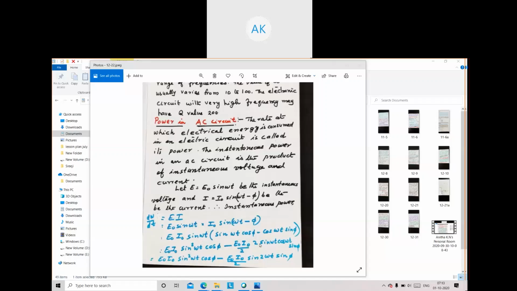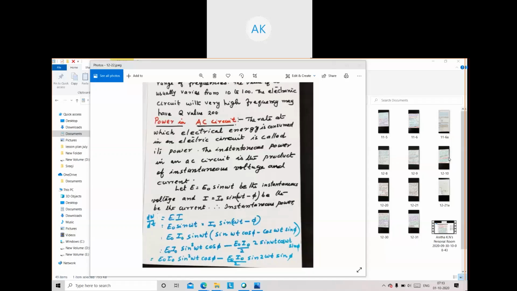But we have multiplied by 2 in the numerator and denominator. There is a purpose for that, because 2 sin A cos A is sin 2A. In order to express in that manner, 2 sin A cos A is sin 2A, so you divide and multiply by 2. That is also done in that step. So the next step is E0 I0 sin square omega t cos phi minus E0 I0 by 2 into sin 2 omega t